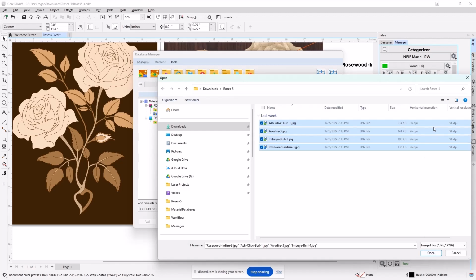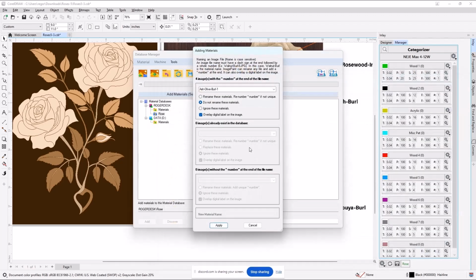So we've got them selected. We've got them roughly the right size. Even if they're not the right size, you can still load them. And here is the adding materials screen. And it has explicit information about it should be the wood type, a -1. If you don't know the wood type, and you're creative like I wasn't, I have A1 through 10 and B1 through 12. Those are my material types.